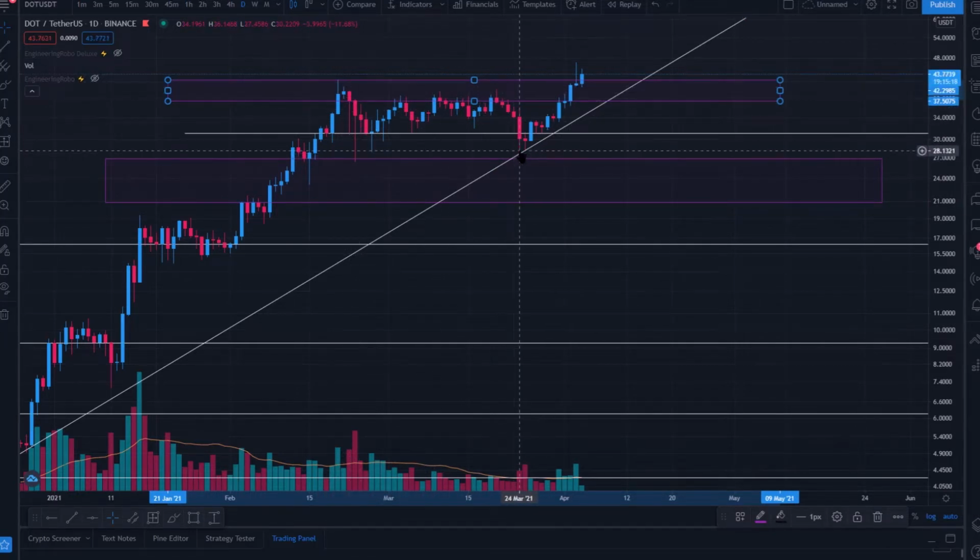Still made a higher low, which was bullish short term. That dip was quickly bought up as there were plenty of orders under $30, and traders, I guess, were waiting for the retest of $30 after seeing all these rejections. So DOT was quickly bought up. We've now passed the swing high at $42, where we were previously rejected, swinging all the way up to $46,